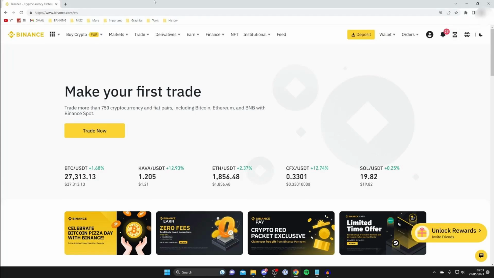In this video, I'm going to walk you through the full process of sending money from Binance to a Bitcoin wallet, step by step, so you understand exactly how the transfer works and what you need to be careful about during the process. The first thing you need to do is log into your Binance account on your browser or